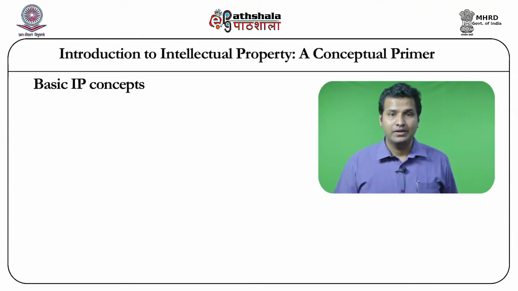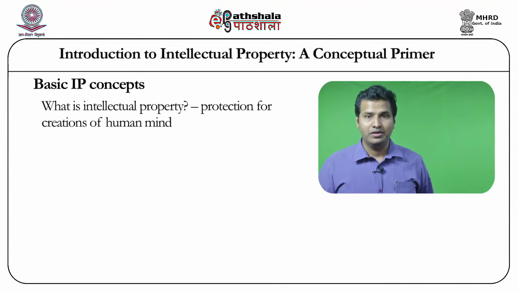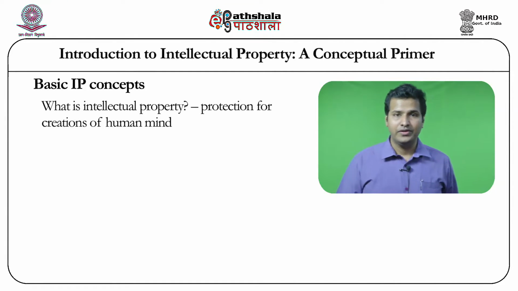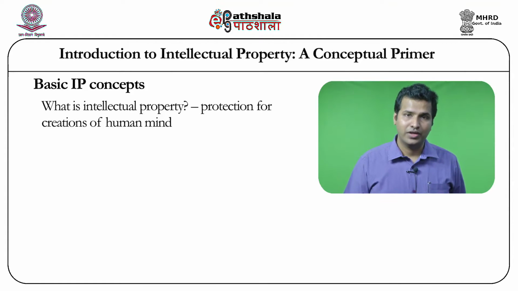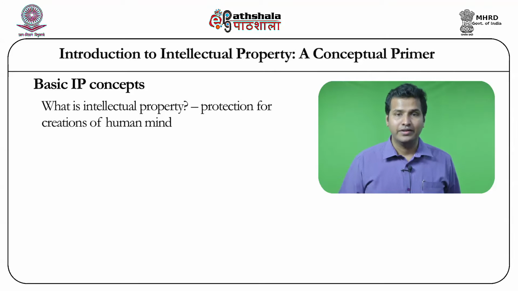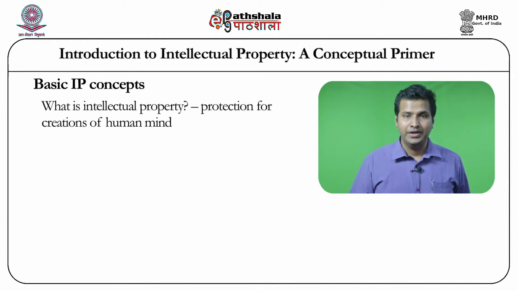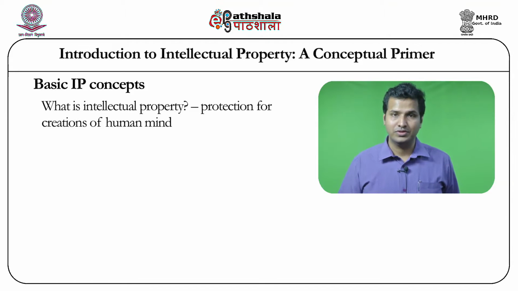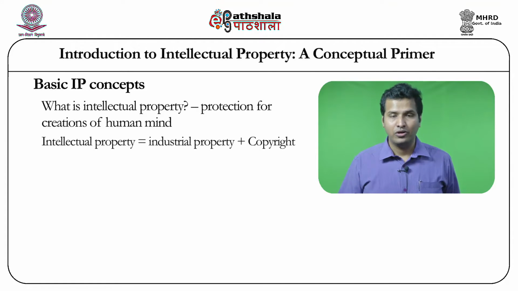Having said that, what is intellectual property? Intellectual property is of a recent coinage. In fact, the predecessor of the World Intellectual Property Organization in around the 1960s coined this term to include broad categories of industrial property and copyright. Traditionally, intellectual property as a system has developed through these two systems, industrial property and copyright.